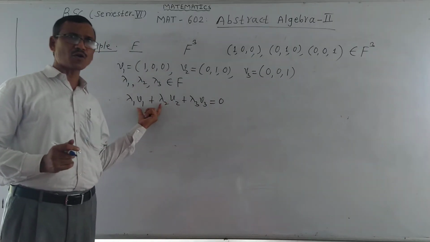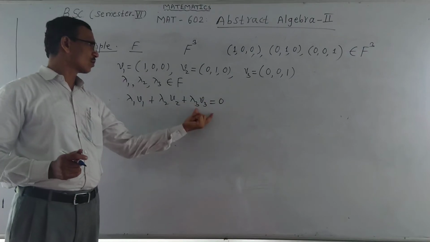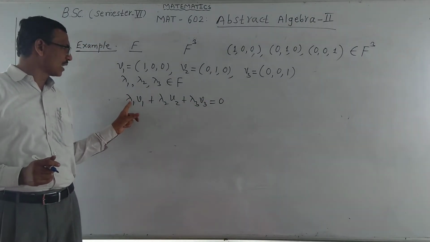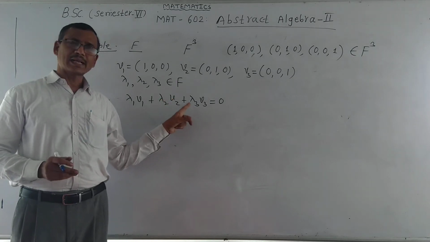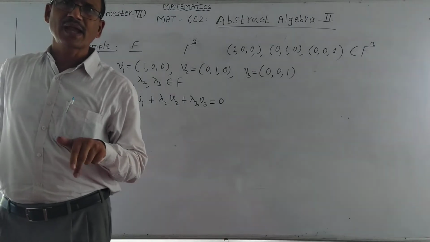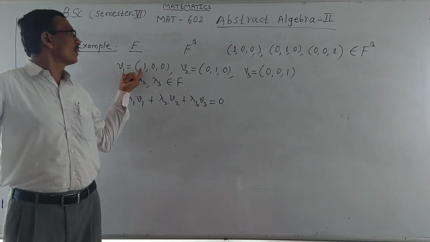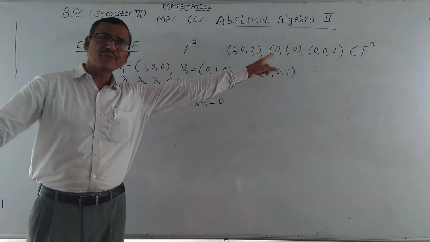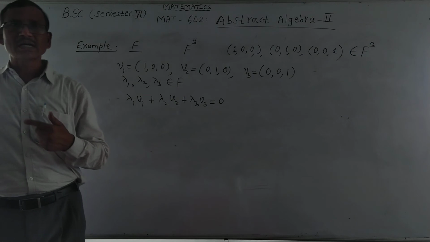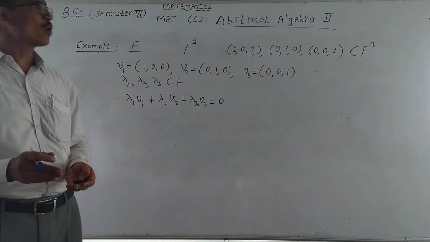We have taken the linear combination of these vectors V1 to V3 equal to 0. If out of lambda 1, lambda 2, lambda 3, at least one is non-zero, then the vectors V1, V2, V3 are linearly dependent. If all scalar coefficients, lambda 1, lambda 2, lambda 3, are 0, then these